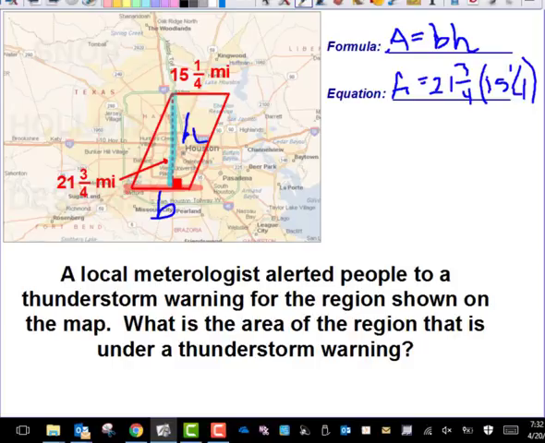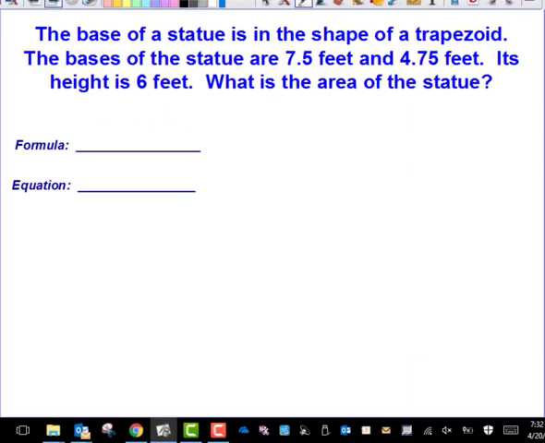Now let's look at another problem, except this time it has no pictures, so you have to draw your own. It says the base of a statue is in the shape of a trapezoid. The bases of the statue are 7.5 feet and 4.75 feet. Its height is 6 feet. What is the area of the statue? So let's figure out how to draw that shape. So a trapezoid,